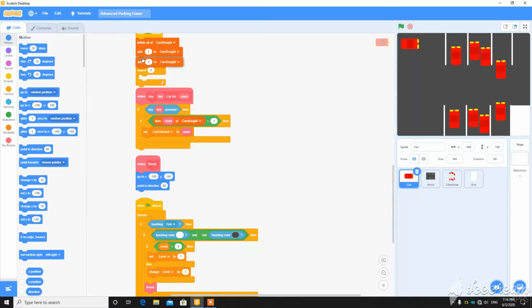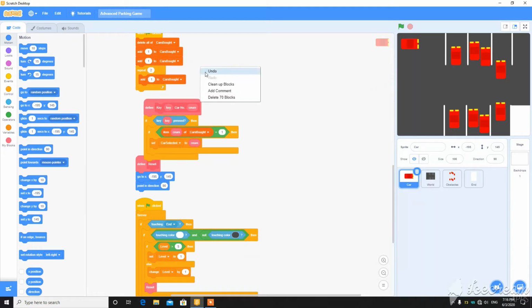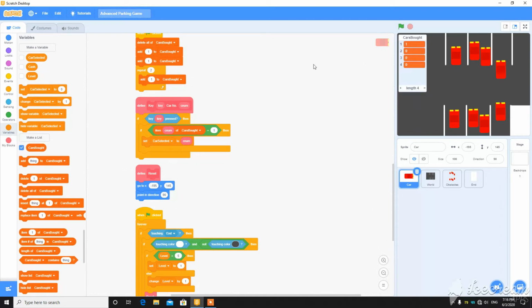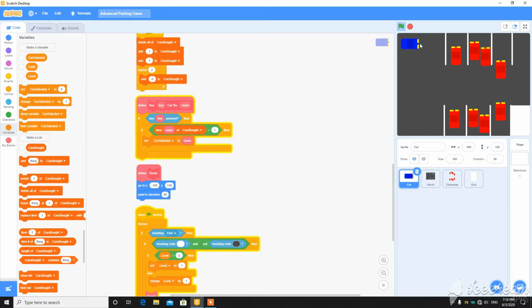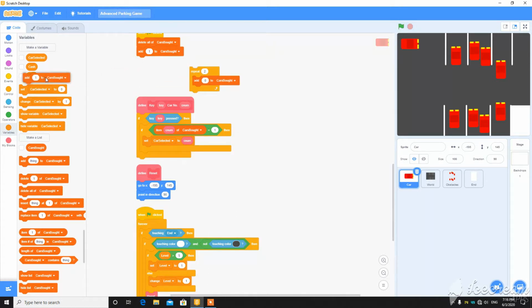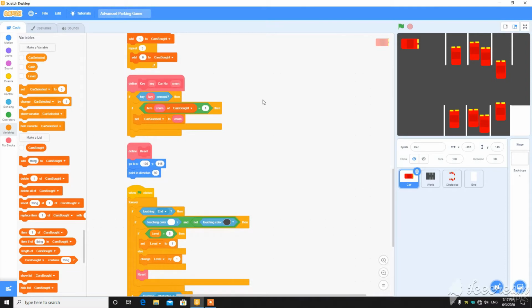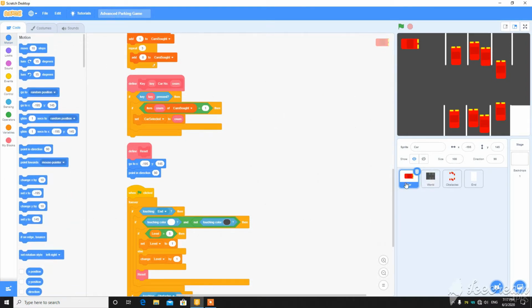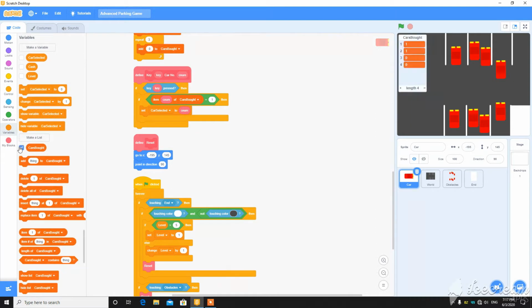But if I add 1 here and then repeat 2 times, when I go to my list, now you can see that all are 1. So let's set this to 0. You can see 2 are 1 and 2 are 0. So when I press 2 I can select this car, but when I press 3 or 4 it can't select other cars. So the system is working. Now we're going to make other scripts like the cache system. So the car system is made.